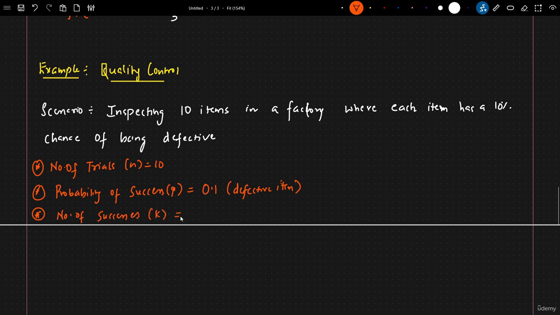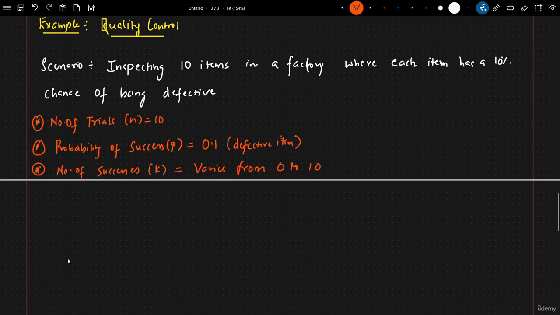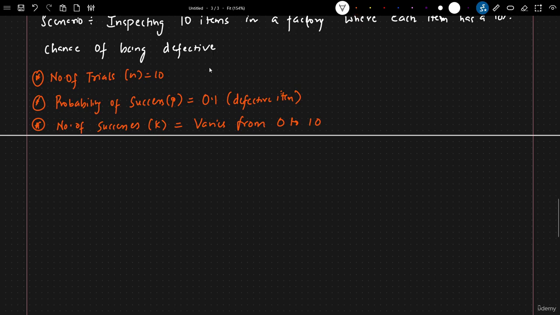Then number of successes. Here my k value will vary from 0 to 10, right? Because out of those 10 items, all 10 can be defective. And each item has a 10% chance of being defective. So the probability of success is 10%, but the number of successes, defective items, may come from all the items. Okay. Now my question will be,